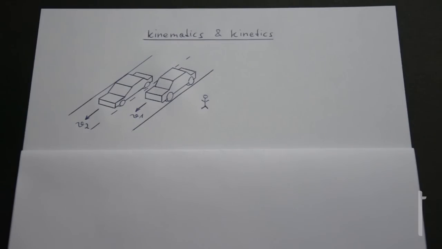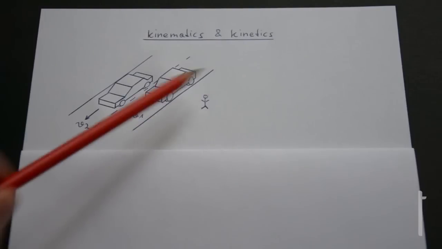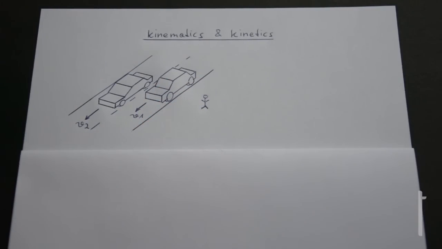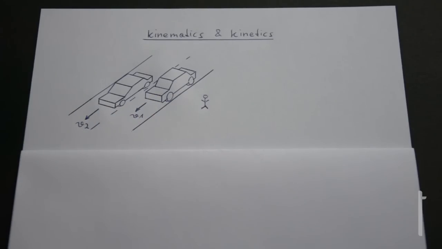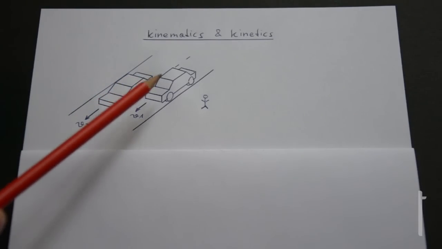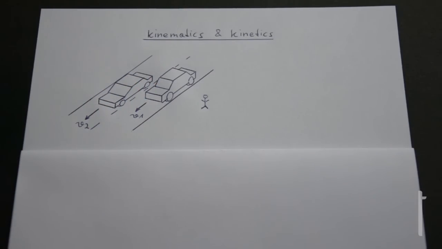Now, if I say that car 1 has a speed of 20 miles per hour, I mean 20 miles per hour related to this observer here, or related to some fixed point on the roadside or the road itself. And if I say that this car here has a speed of 30 miles per hour, I again mean 30 miles per hour measured related to this observer here. If I now ask, what is the speed of this car related to that one here, I get a completely different value. Because it is not 30 miles per hour anymore, but the difference of these speeds here, which is